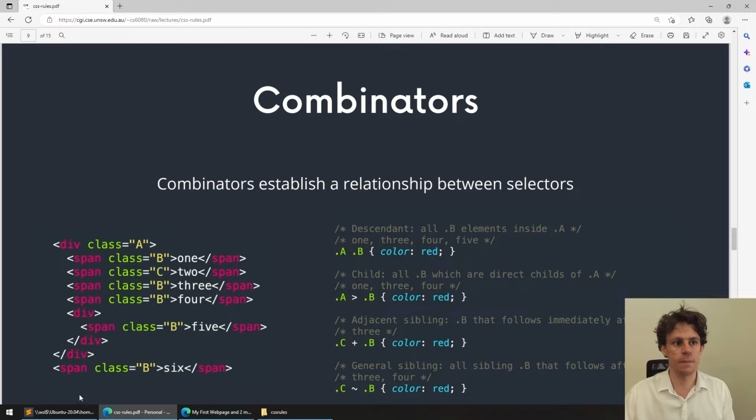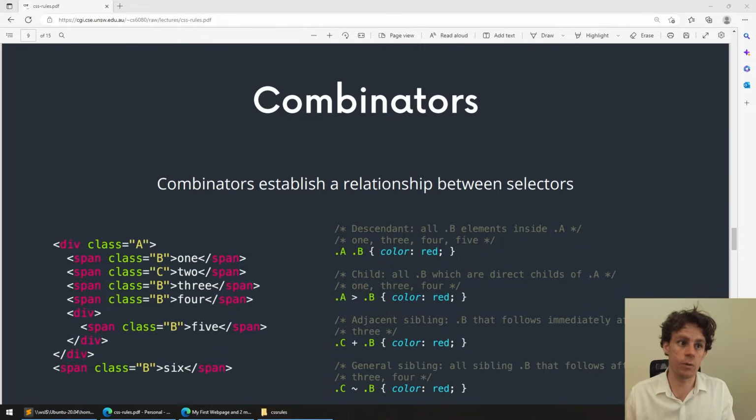So you can see here, we've got this little series of divs and spans. Div class equals A, and then spans and divs like this. Now, I'm going to quickly write this up because I can't copy from the slides here. And then we'll take you through these different combinators that make styling these in intricate ways very easy. So if you do have these kinds of divs and spans, sometimes you want to be able to specify things a little bit more specifically, such as I want all of the B classes inside of the A classes to